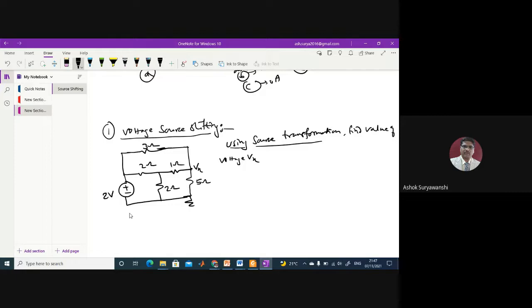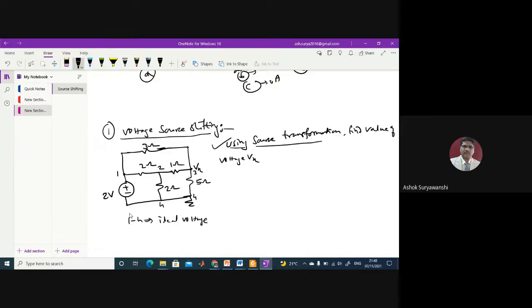Once you read the problem statement, you have to look at the circuit diagram and inspect it. You can see here, if I give numbers to the nodes, I think everybody is aware of how to identify nodes. So this is node number 1, node number 2, node number 3, and node number 4. Between node 1 and 4, because this is also 4 here, as these are all equipotential points, there is an ideal voltage source.